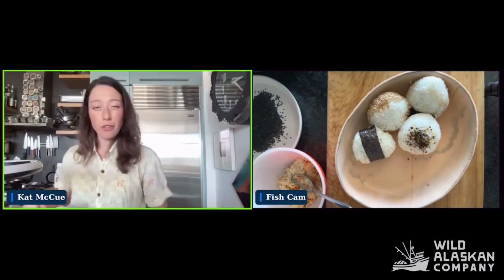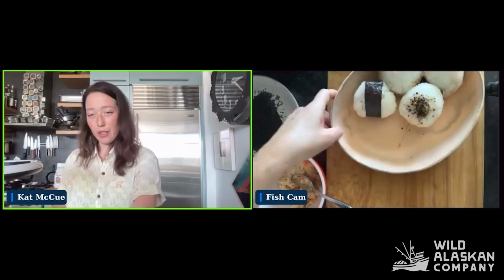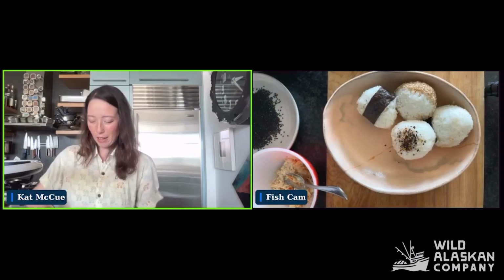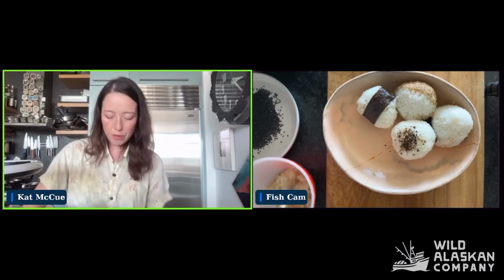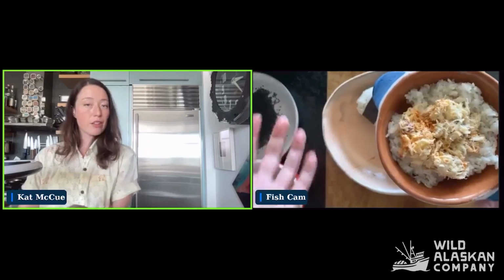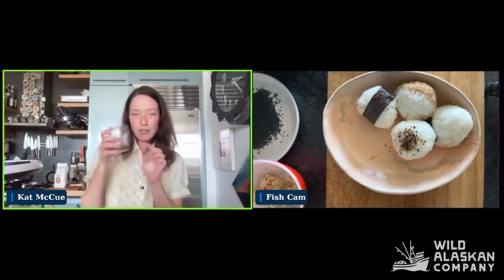If you don't want to fuss with onigiri, like shaping them, although the fussing part is the fun part, what you can do is make yourself a little bowl of rice. And this I would recommend eating hot, a little bowl of steamed rice, and then you can just put some filling on top and make yourself a nice rice bowl. This is just crab right on top of rice. To this, then you can add whatever you like. I would add some more of these